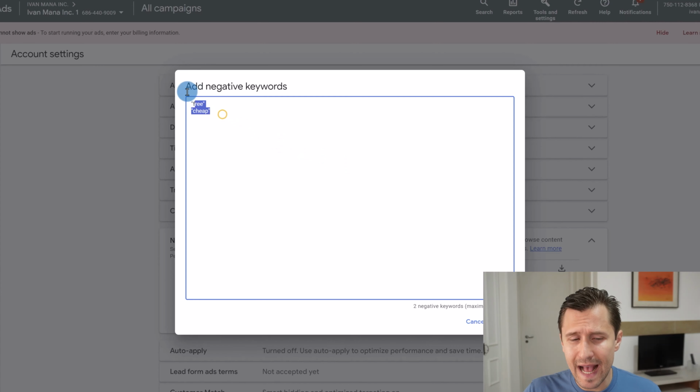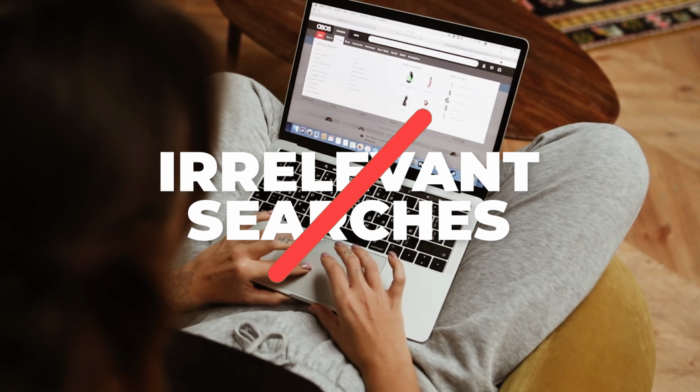So this is one of the ways you can optimize your campaign, by adding these negative keywords at the account level, because unfortunately that's all you get here with Performance Max campaigns, but it's better than nothing and will allow you to make the most out of what you have and to avoid a lot of irrelevant searches to your site. The second way you can optimize your Google Ads Performance Max campaigns is to utilize ad extensions and